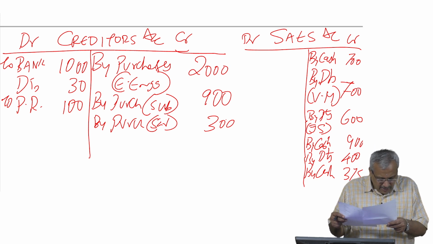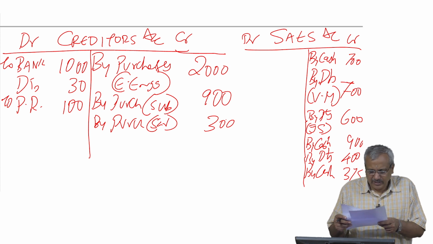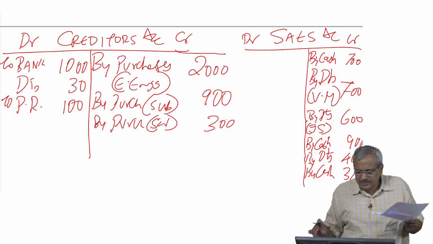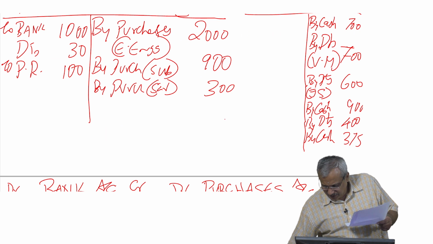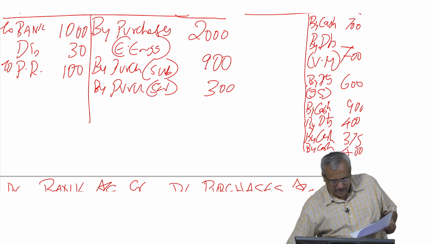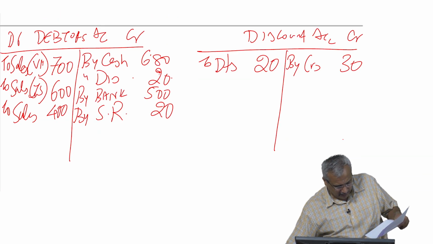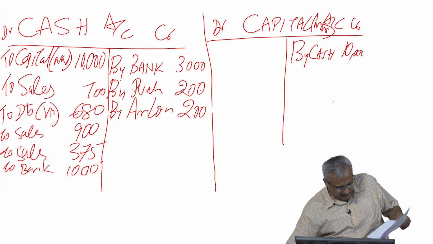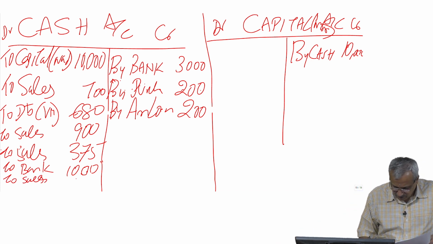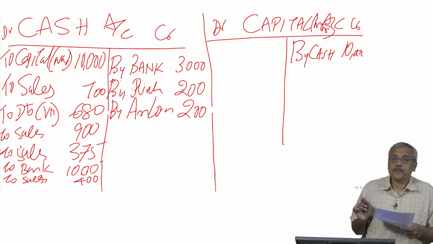In this particular case, I move to the 22nd transaction. The 22nd transaction says sold goods to Tankad for cash. When I sell goods to Tankad for cash, what is the entry? Cash account debited to sales account. So my sales account has been credited by cash. What is the cash? In this particular case, cash is 400. If I go to my cash account, you will see sales 400.